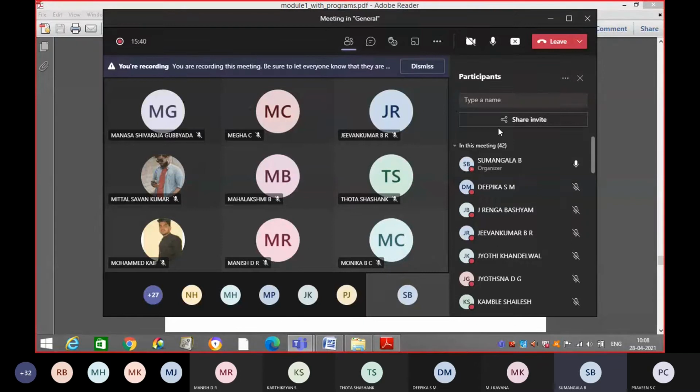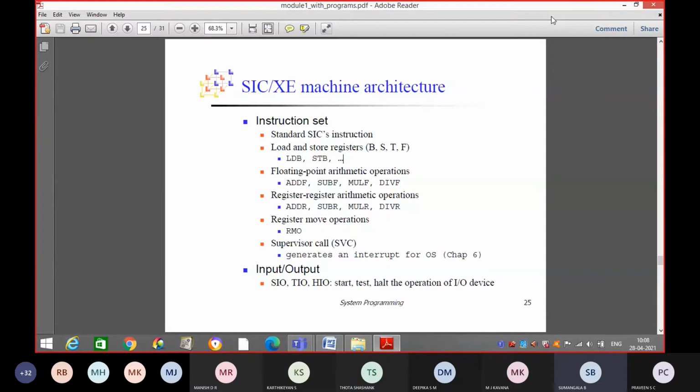Then what is this? Floating point arithmetic operations. In the SIC machine, we have instructions on integers, right? Which instructions do we have for arithmetic operations in the SIC machine?